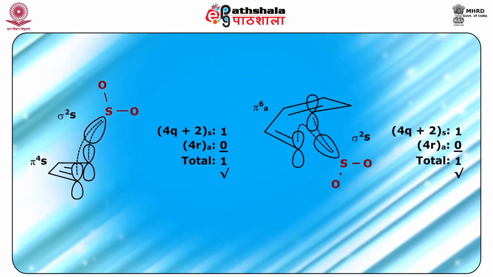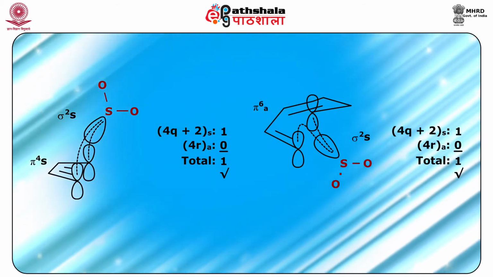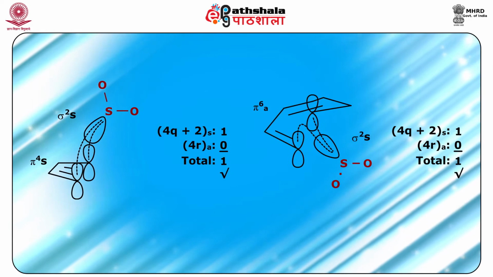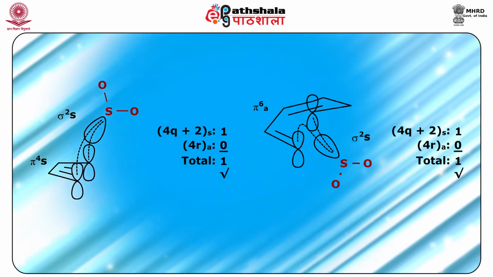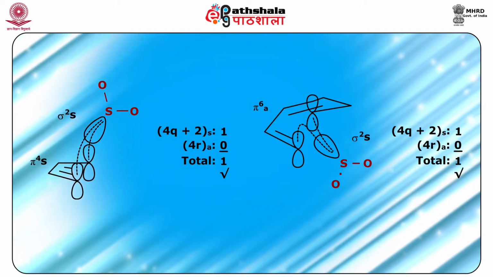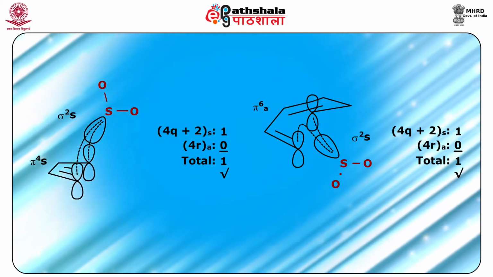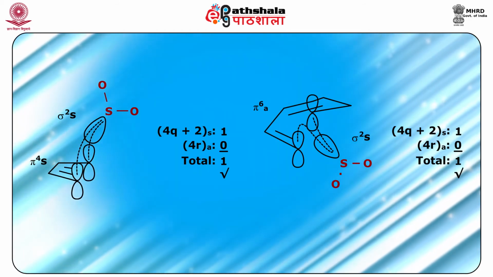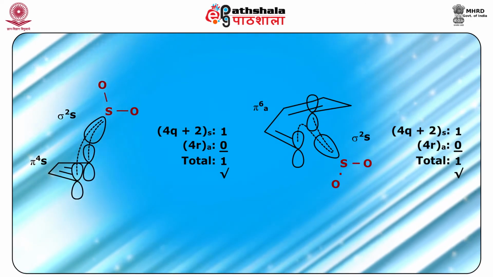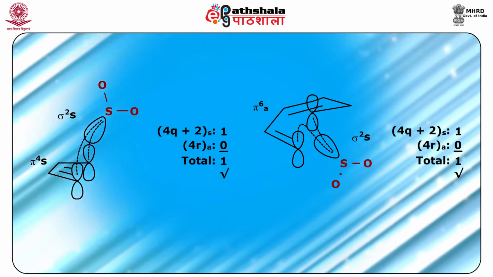Woodward-Hoffmann rules and geometry for the reverse of extrusion, that is, addition of SO2 to give diene, are summarized in the following diagram. As you can see, the first diagram shows a 4Q plus 2S is 1 and 4RA, the